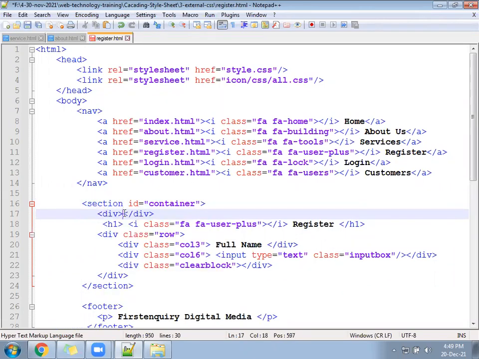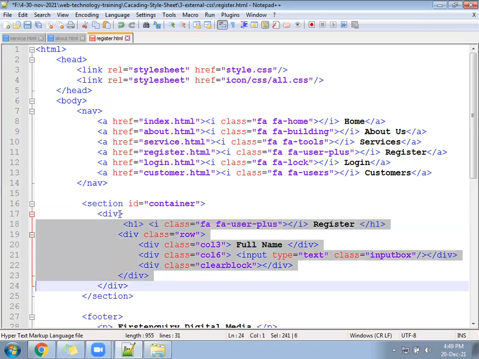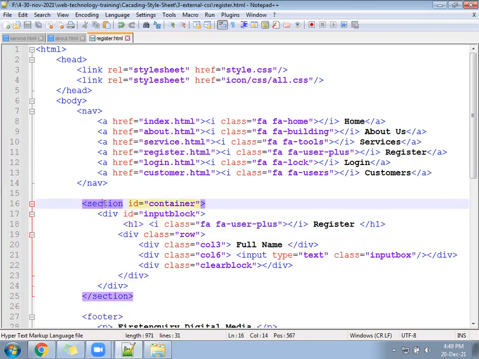Give the division id equal to input block.